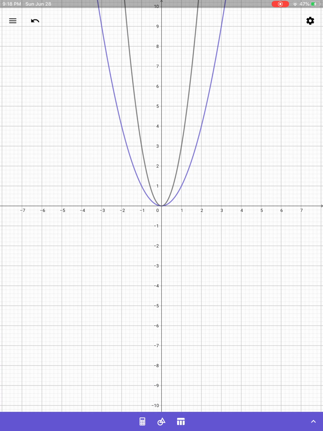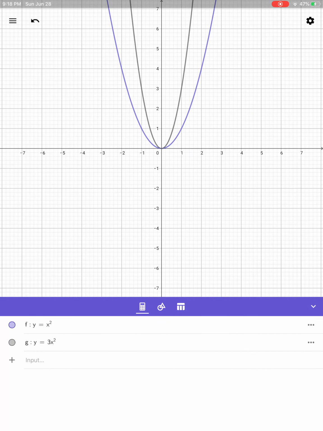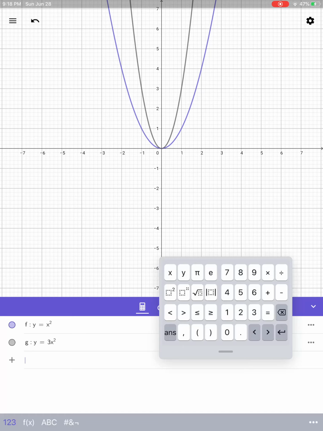So if you have to do the shrinking, I will use the same thing. So y is equal to (1 divided by 3), that is in brackets, times x squared, correct? So your green color is the shrink of the graph.